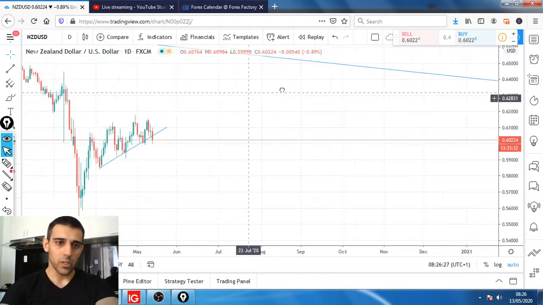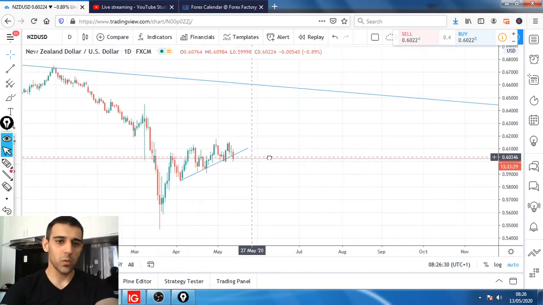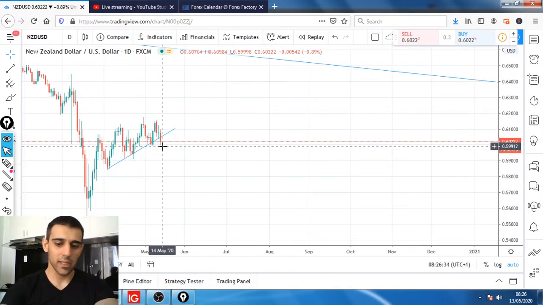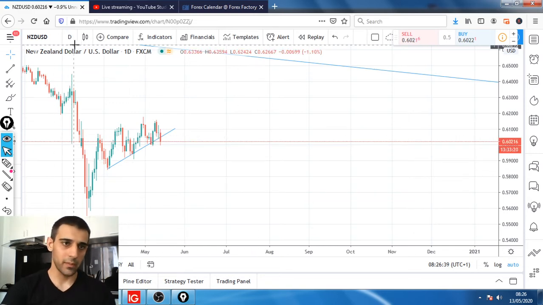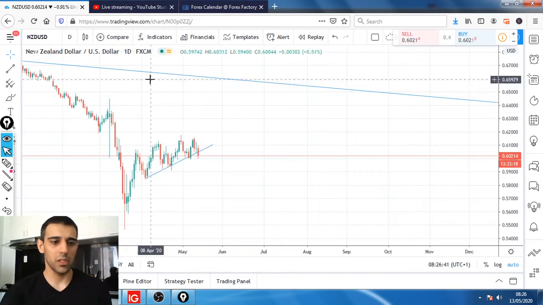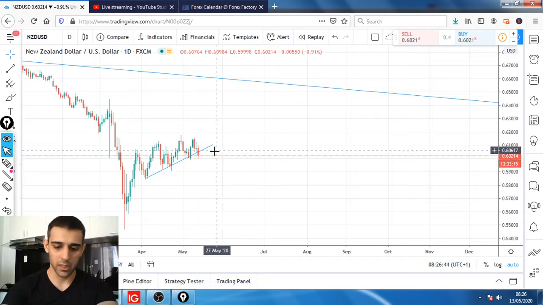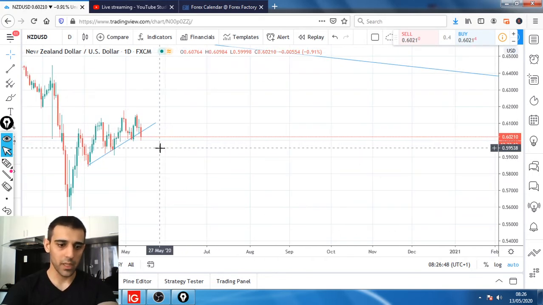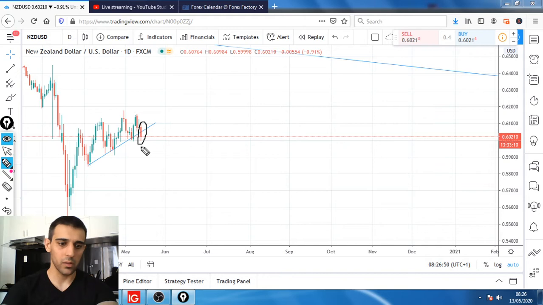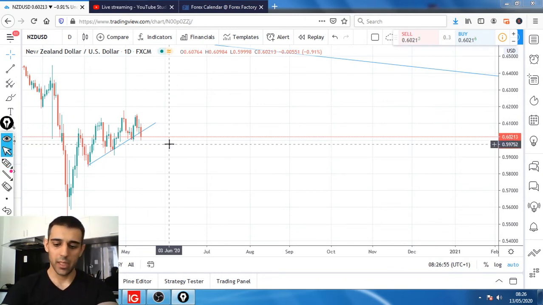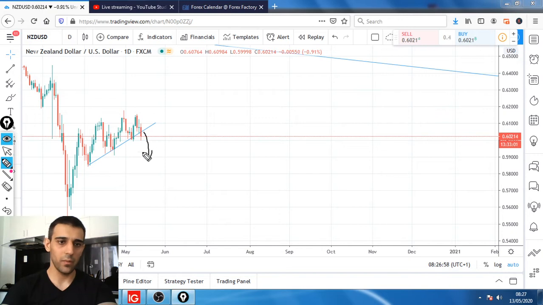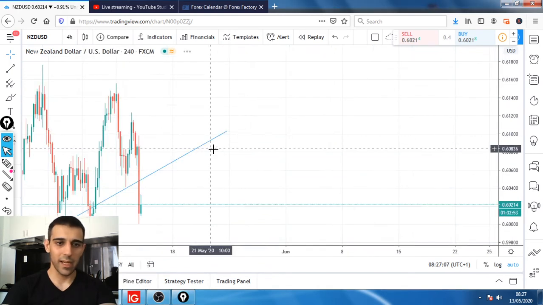Okay, so NZDUSD, I do see potential swing on this one. However, not until today's candle is closed. So that will be more of tomorrow. So let's see if we got any potential for day trade opportunities. But first of all, we're gonna wait for this candle to close, and depending how it's gonna close, then we would potentially be taking a trade. But I'm looking for a short side play on this one, depending how this candle is gonna close. So for now, this one is just looking towards the downside, even for the day trade.